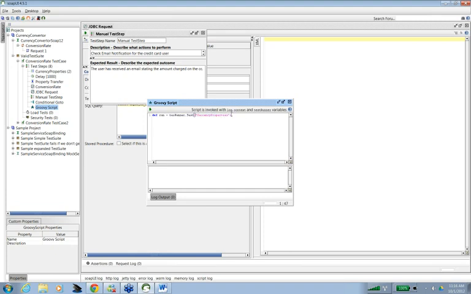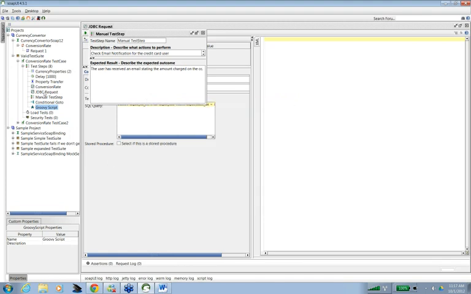So I can run this step, I can access the parameters of this step. So I can do all the things from the code, right? So Groovy script is like adding code inside your test steps. Okay.